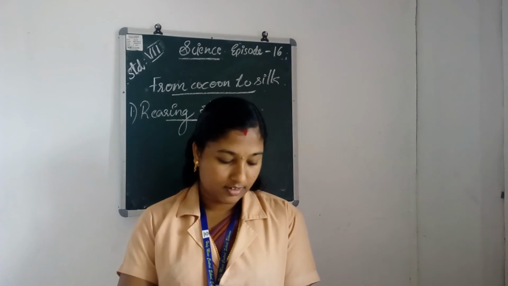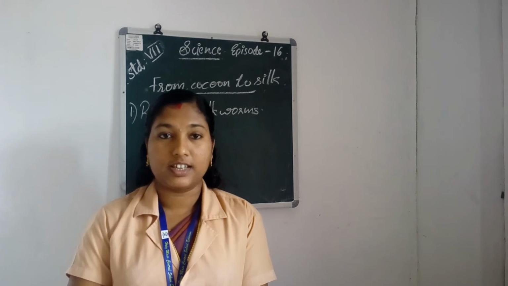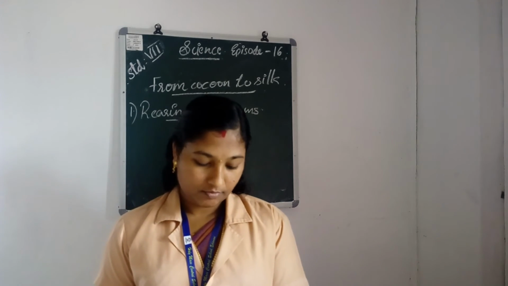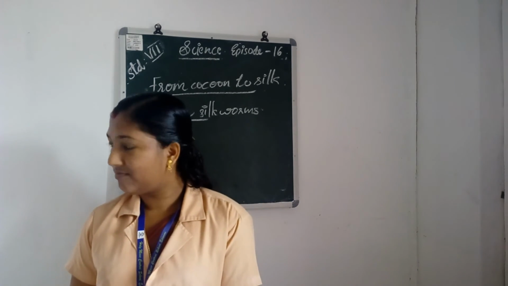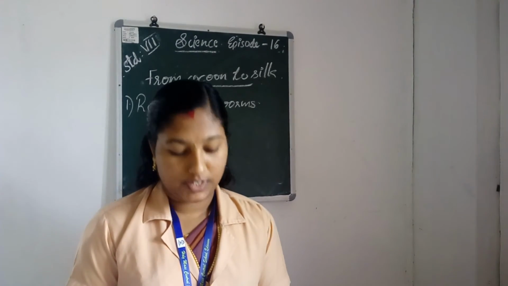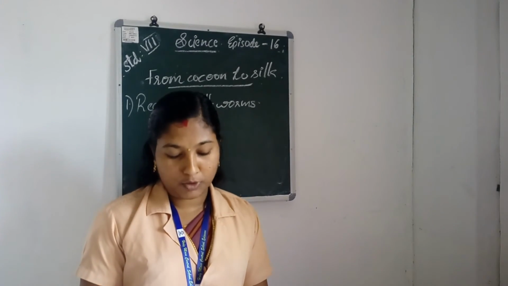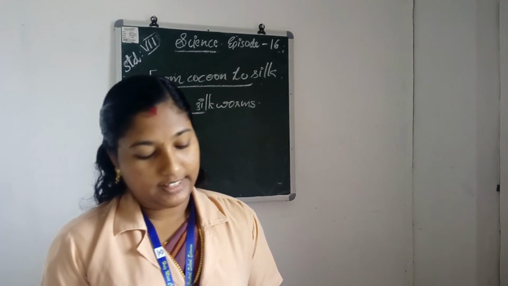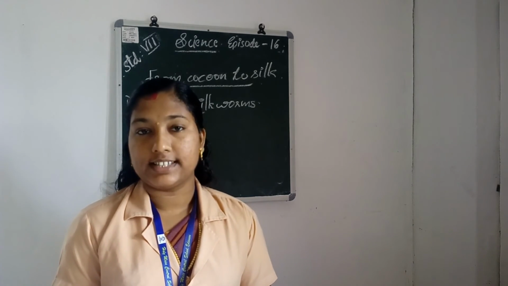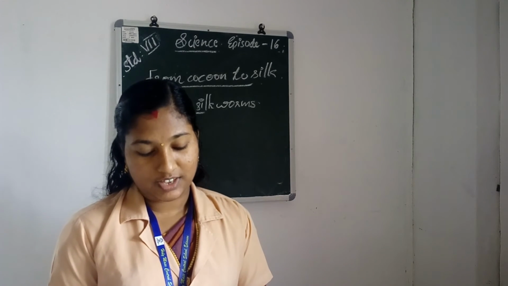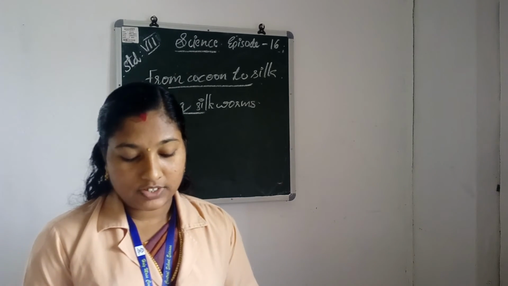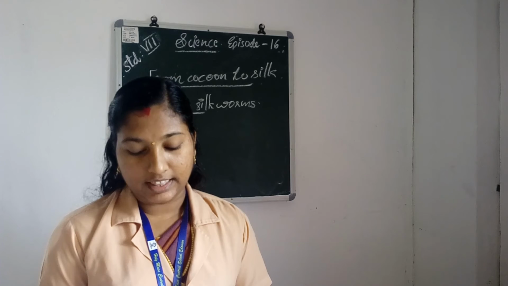Next we learn in our textbook, page number 30, the discovery of silk is given. The exact time of discovery of silk is perhaps unknown. According to an old Chinese legend, the Empress Xilongji was asked by the emperor to find the cause of the damaged leaves of mulberry trees growing in their garden.